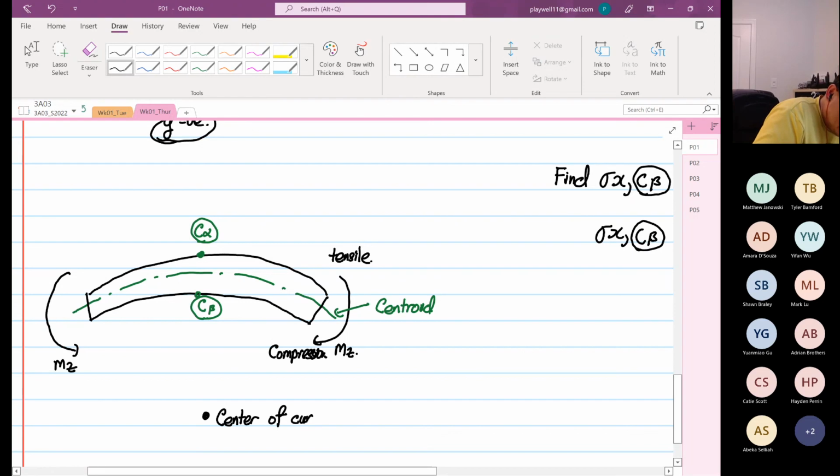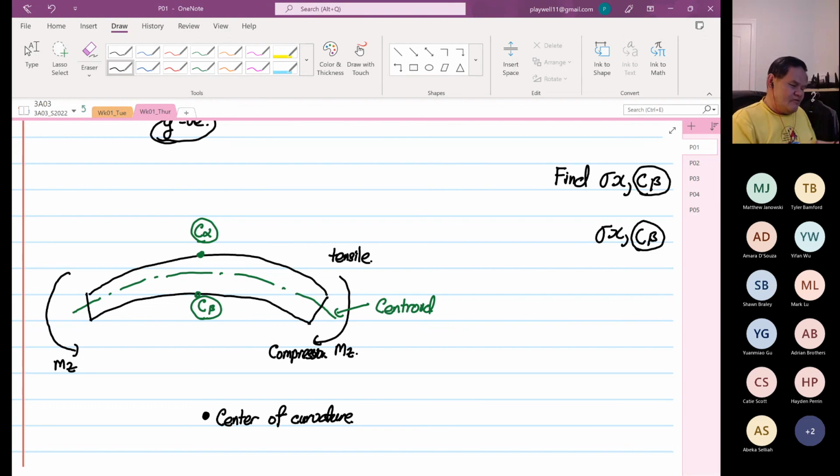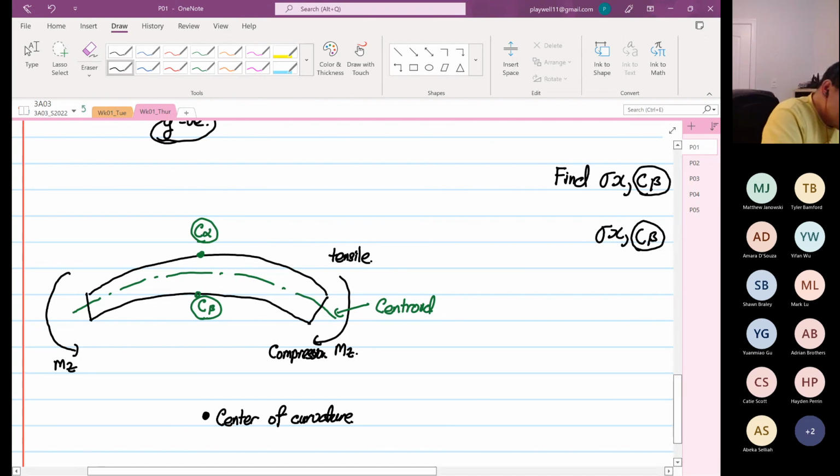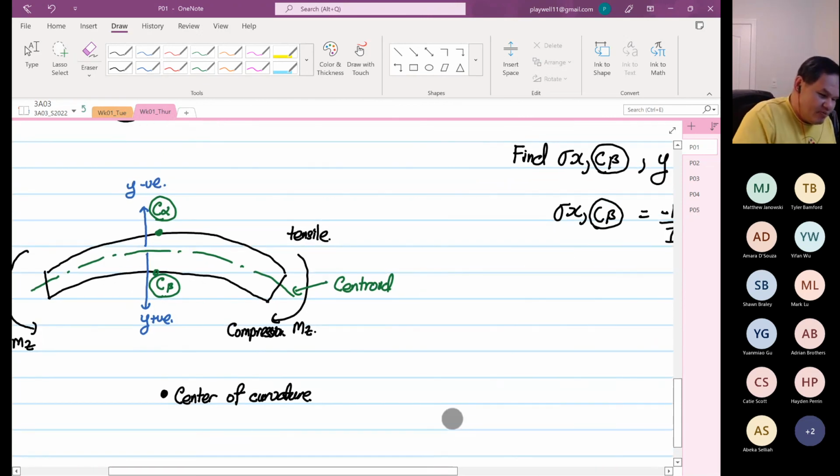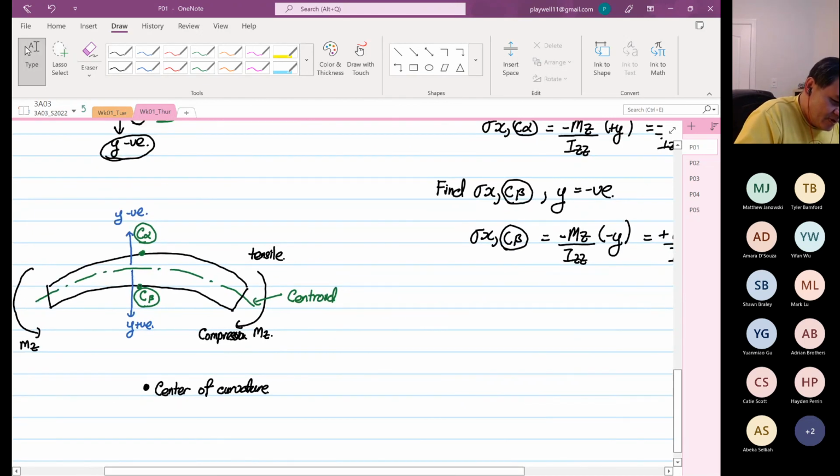So this is method number 2. Method number 1 is just by looking at the moment vector. Method number 2 is you have to identify the center of curvature. From the centroid, when it's pointing towards the center of curvature, y is positive. When it's pointing away from the center of curvature, y is negative. Now when we apply the formula, we are going to find